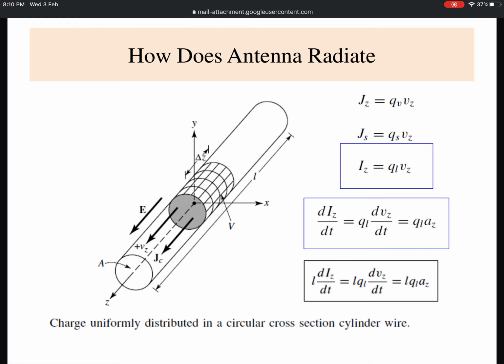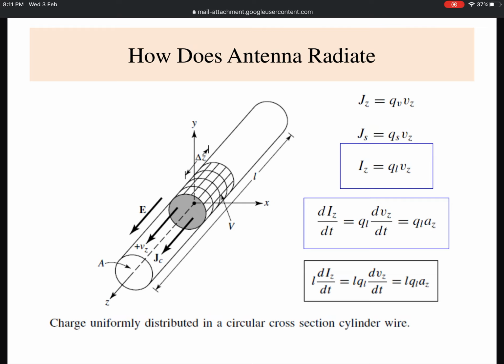and the length is L, and the cross section is A, and I have shown a strip delta Z. So the current is due to the uniform applied electric field E. The current is flowing from one direction to the other. Let's say the current is flowing from minus Z infinity to plus Z infinity, which I have termed JC. So you know that J is the term which we call the surface charge density. So this JS and JC I have defined.